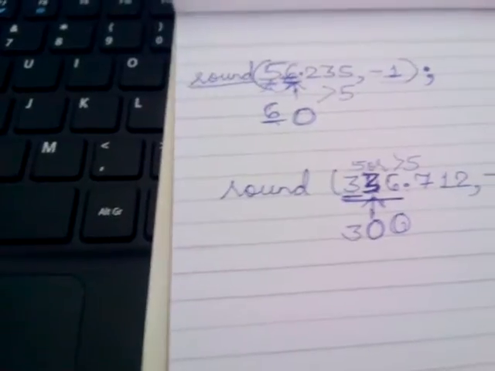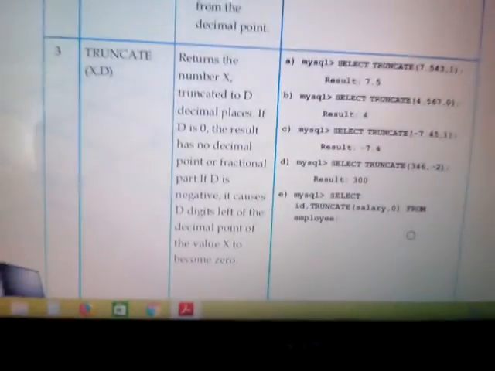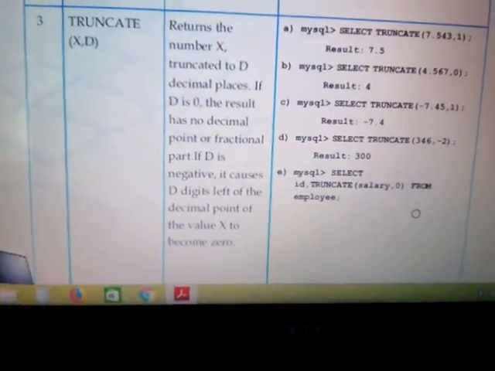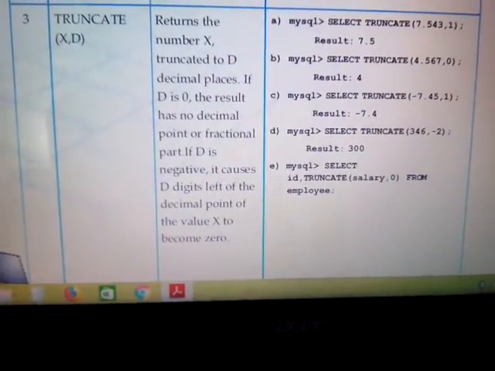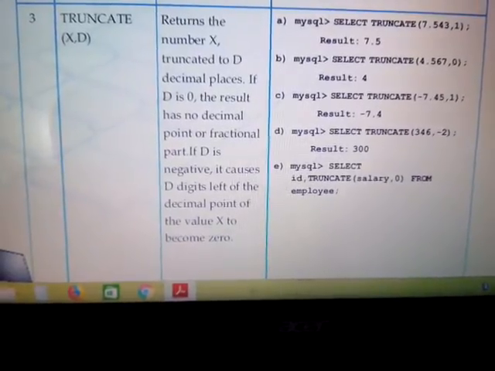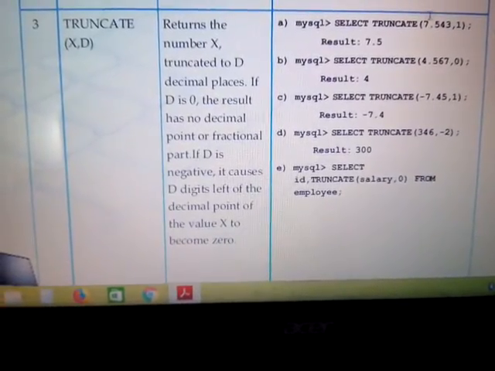Okay, so I hope this is clear to you all. Next function is truncate. Now let us see what truncate is. Truncate simply means to chop the value. Chop means to cut. Just have a look at this. The example is select truncate 7.543 comma 1.